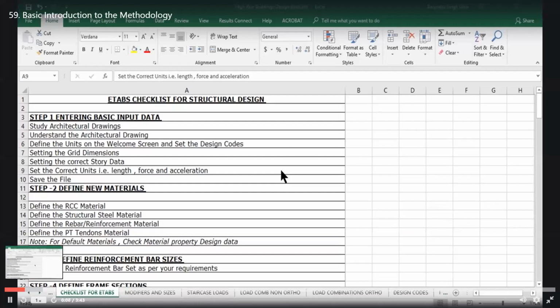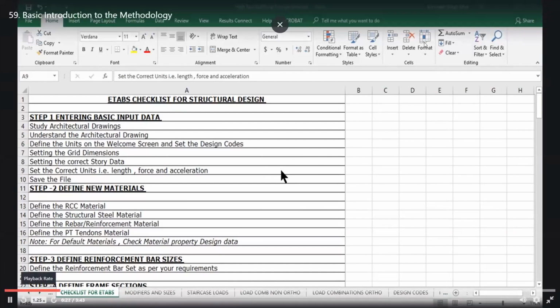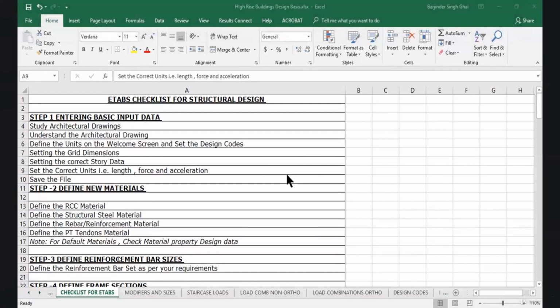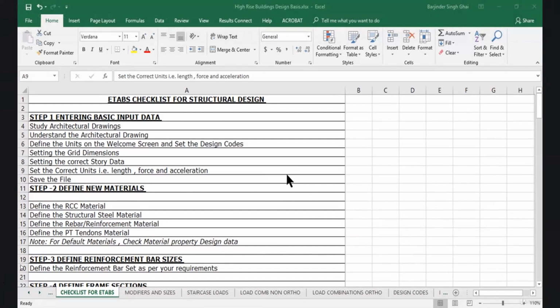To design a high-rise building in ETABS, we need to follow a specific checklist. To brief you before we do the actual modeling, step 1 shall be to enter the basic input data like units, grid dimensions, and story data.